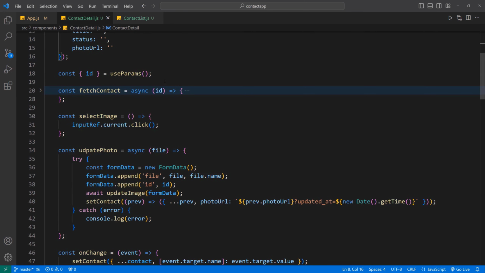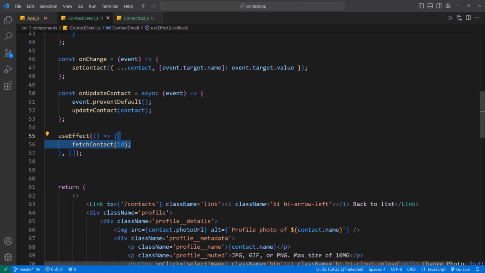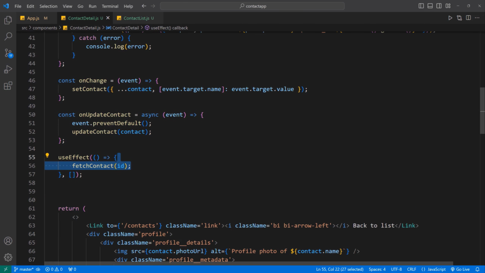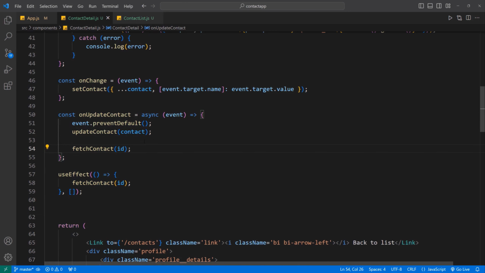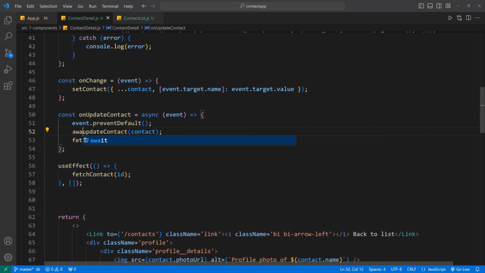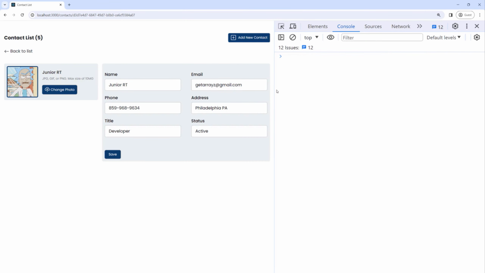And after we update the user, we just need to call this again one more time. So we're going to call the update, and then we're also going to call the fetch contact. Okay, so we're going to await this, and that's it. So with all these changes, if we go back, if we didn't make any mistakes, we should be able to